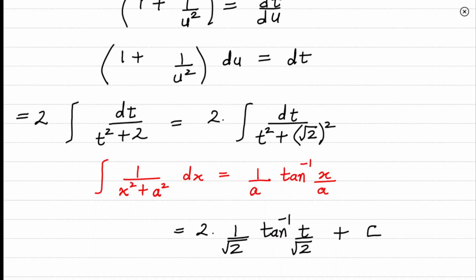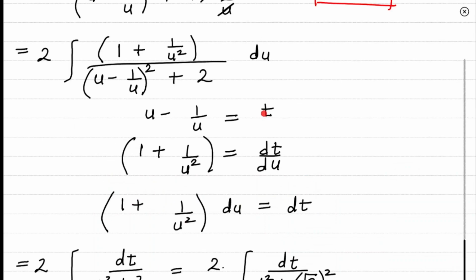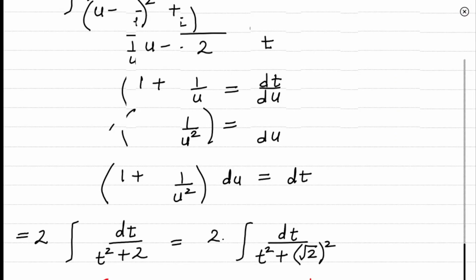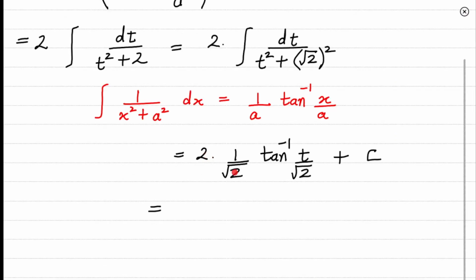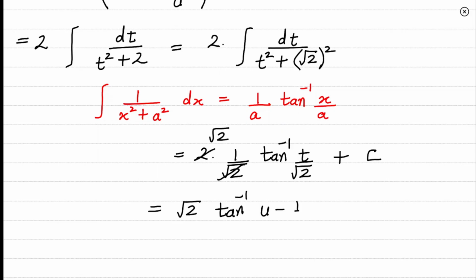Remember that the value of t that we had substituted was u minus 1 over u. Okay, so we can substitute that and we get, remember 2 divided by root 2 is nothing but root 2. So we have square root of 2 tan inverse of u minus 1 by u divided by square root of 2 plus